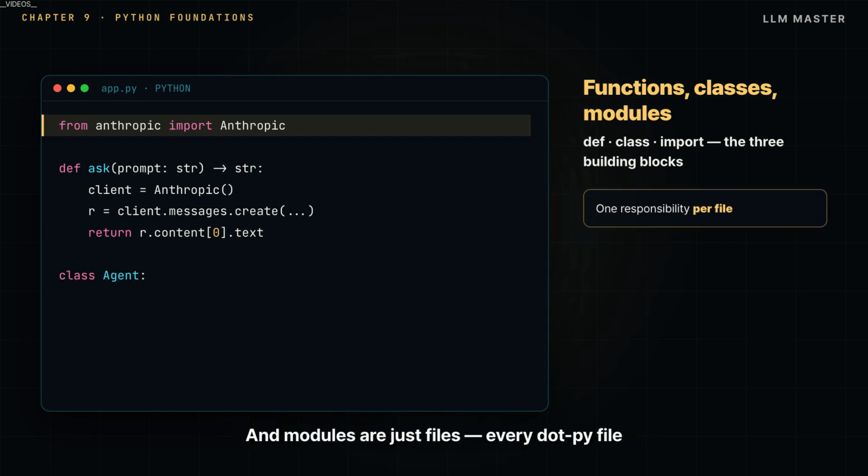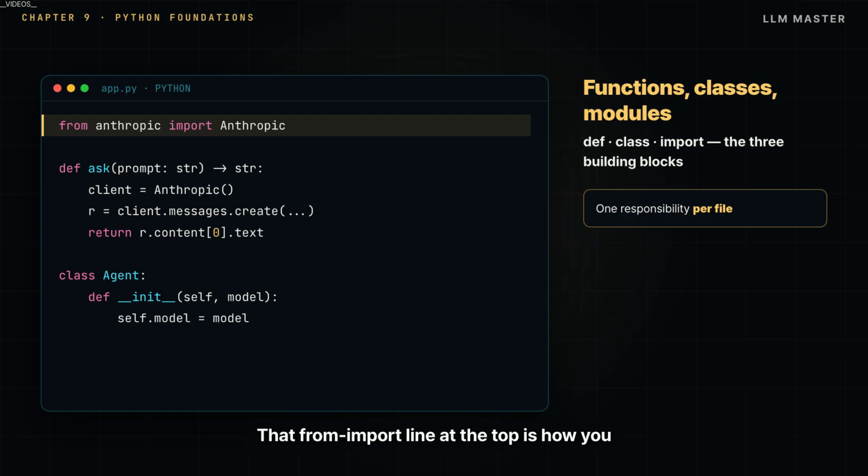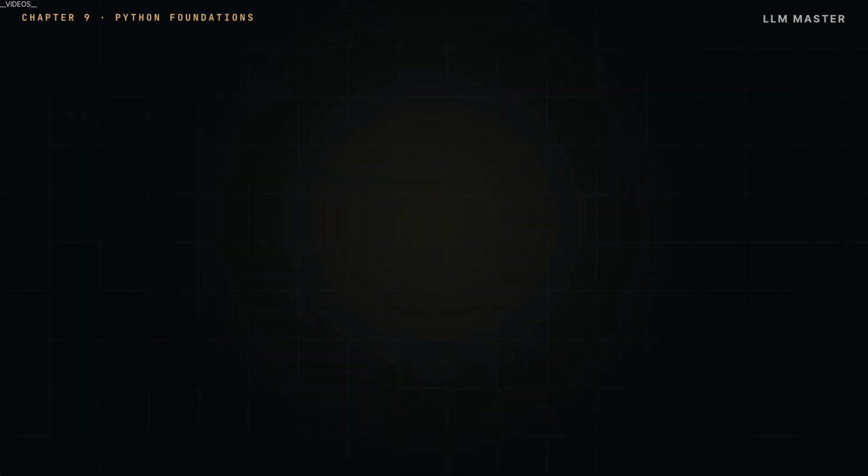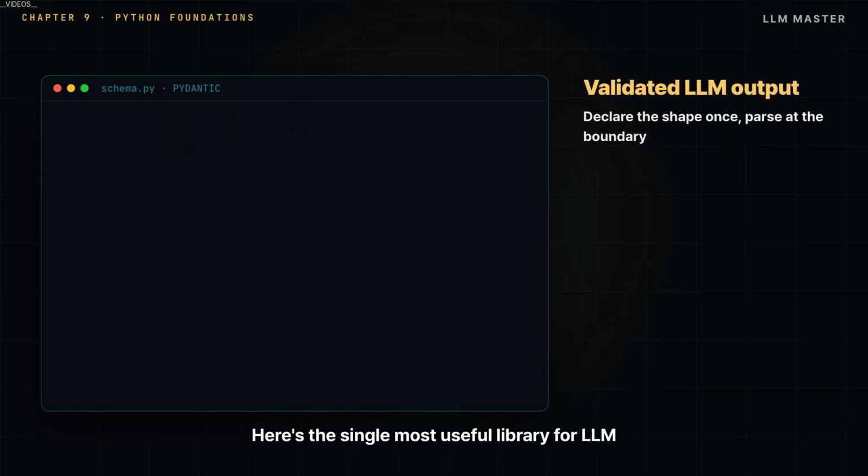And modules are just files. Every .py file is a module, and import pulls names from one file into another. That from-import line at the top is how you bring in the SDK. The habit that keeps projects sane: one responsibility per file, import only what you need, and never dump everything into a single 1,000-line script. Here's the single most useful library for LLM engineering, and it's part of why we cover